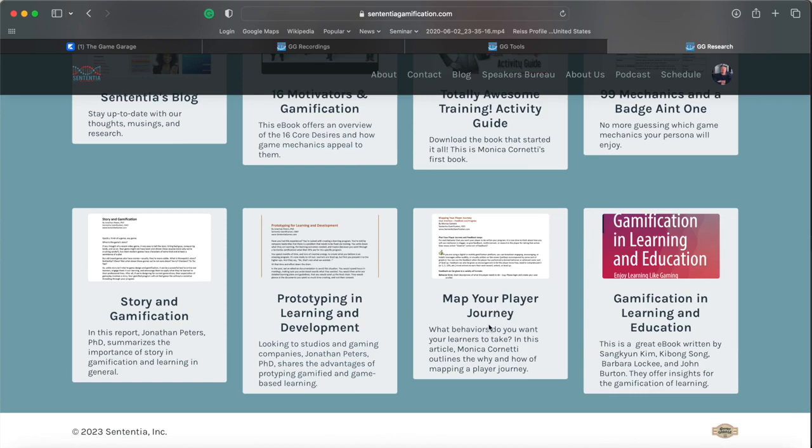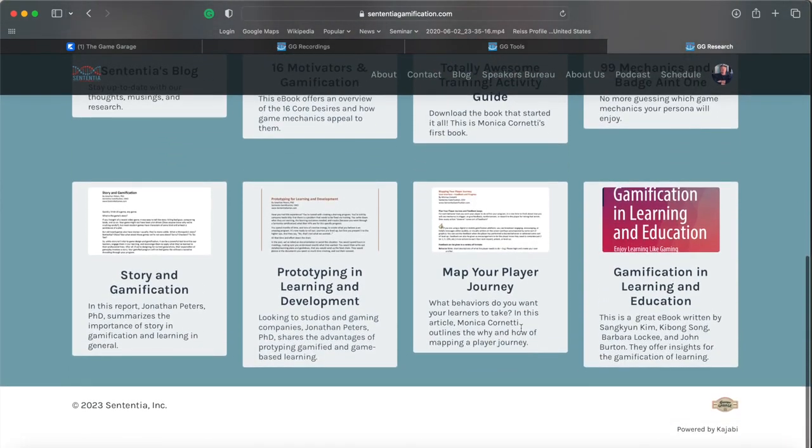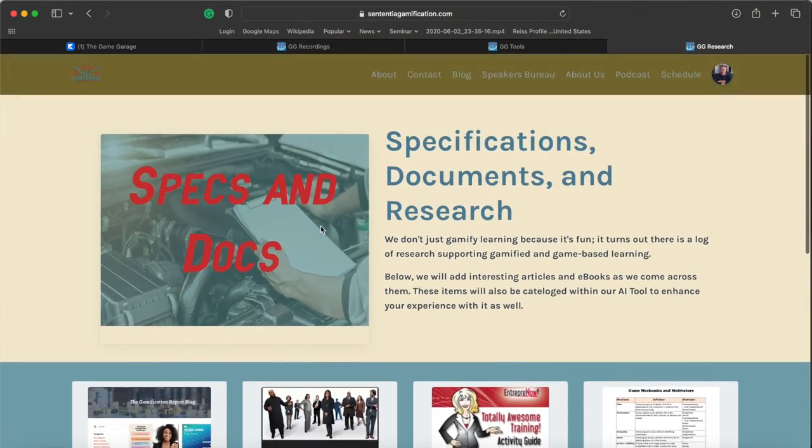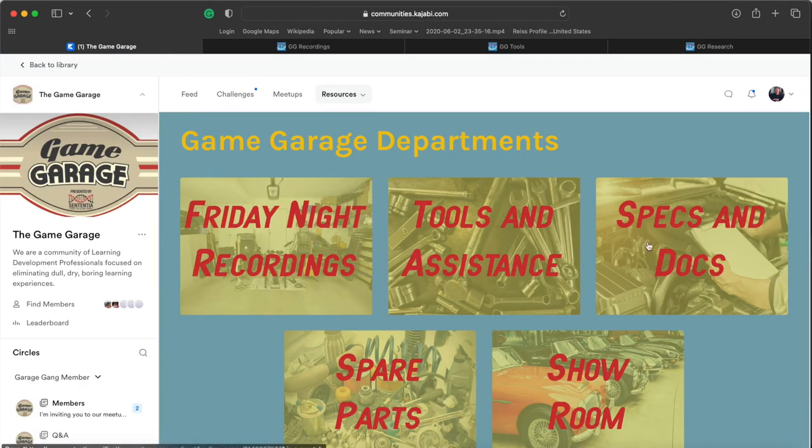This document's up here, maybe that'll be swapped out at some point for something from Bernardo Lutte. Again, we do not want too many things set here, and we want to continually have space to upload and share new resources with you, especially when it comes to nerding out on the topic. All right, so that's specs and docs.